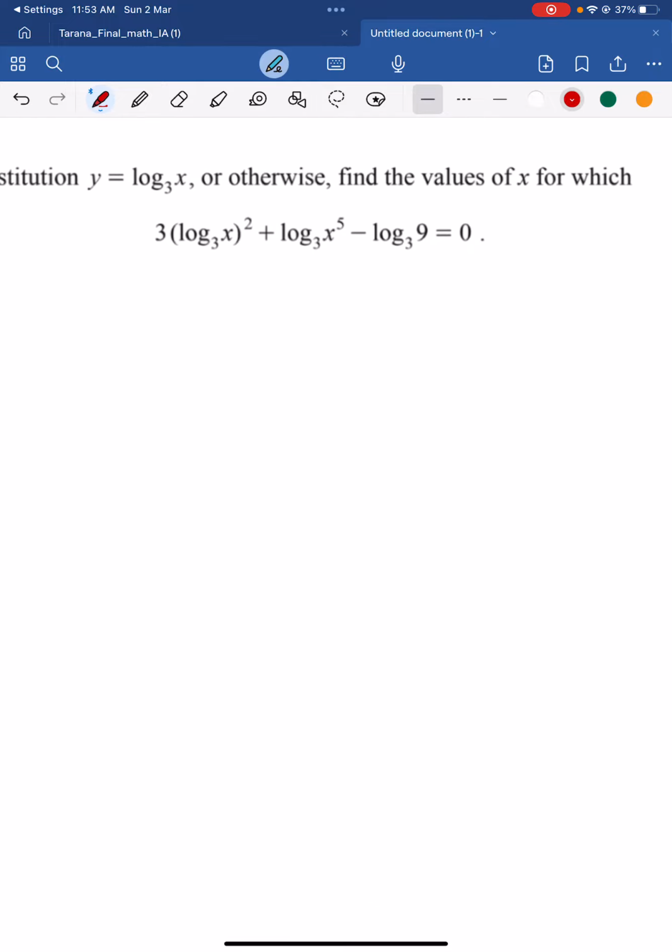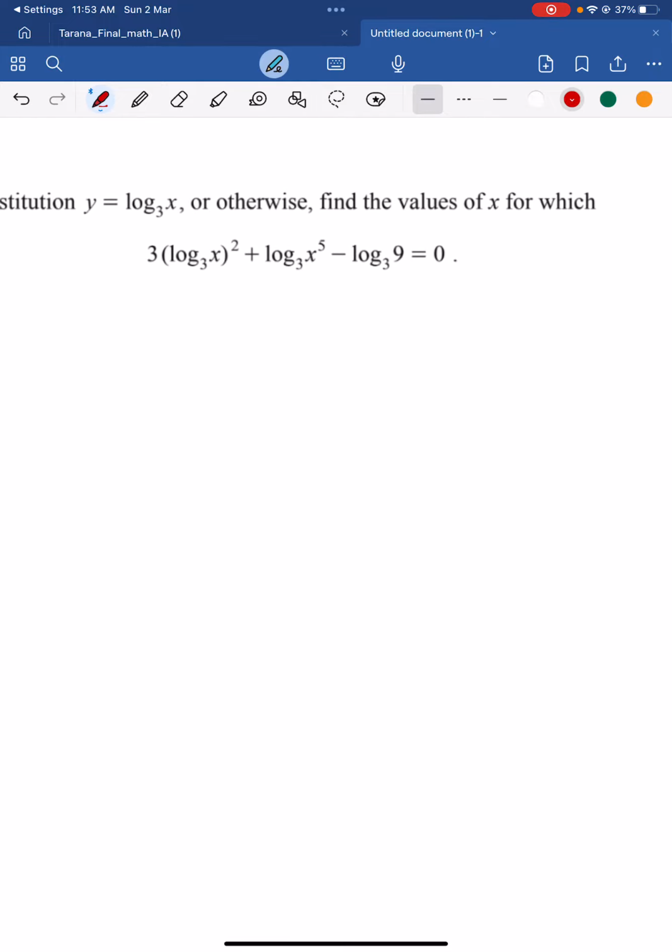Okay, it tells us to use a substitution here. So every time we see log to the base 3 of x, we can replace it with y. So here's log to the base 3 of x, there's y, so this is 3y squared. We do have log to the base 3 of x, but it's wrapped up with an x to the 5